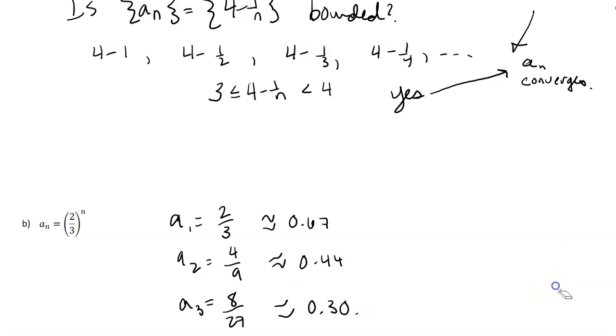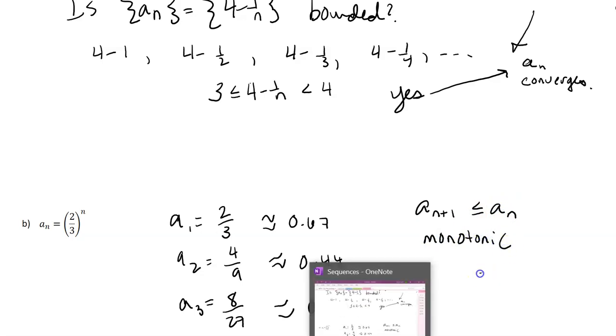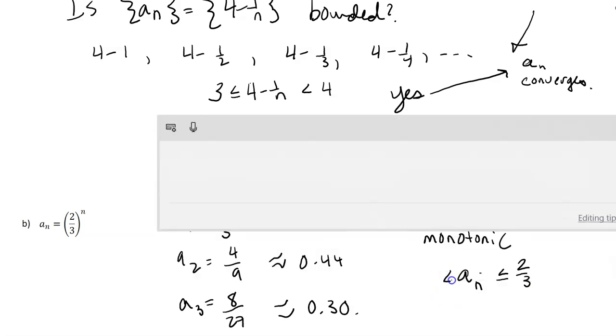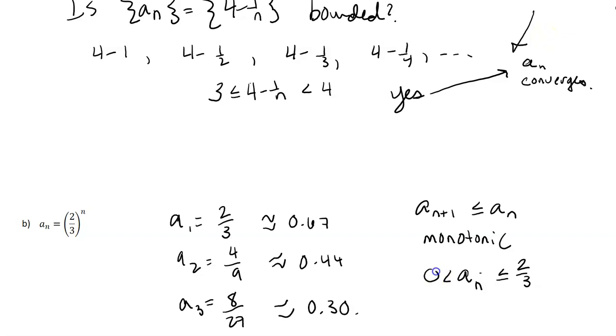And what you will find is that this number is going to get smaller and smaller. So a sub n plus 1 is always going to be less than or equal to a sub n. It is monotonic. And since it's getting smaller and smaller, it's also never going to be negative because you're raising a positive number to a power. So a sub n is never going to be bigger than 2/3. It's never going to be smaller than 0. In fact, it's not even going to be 0. So we say that this thing is bounded